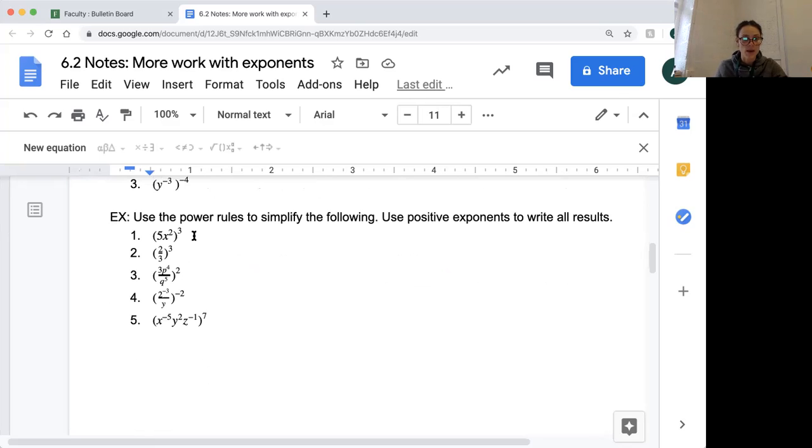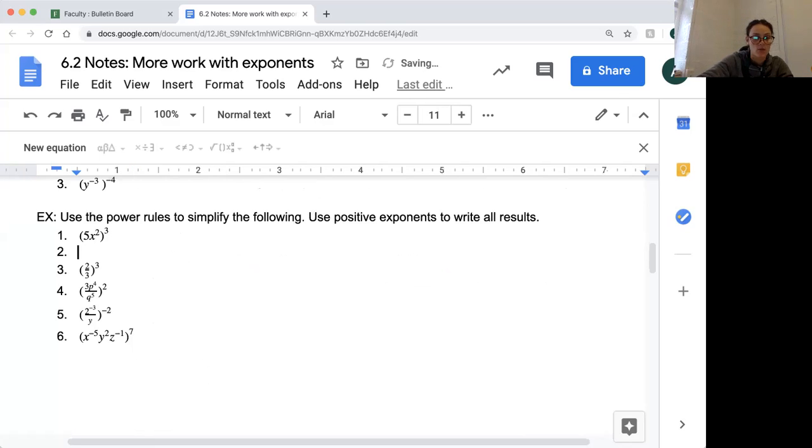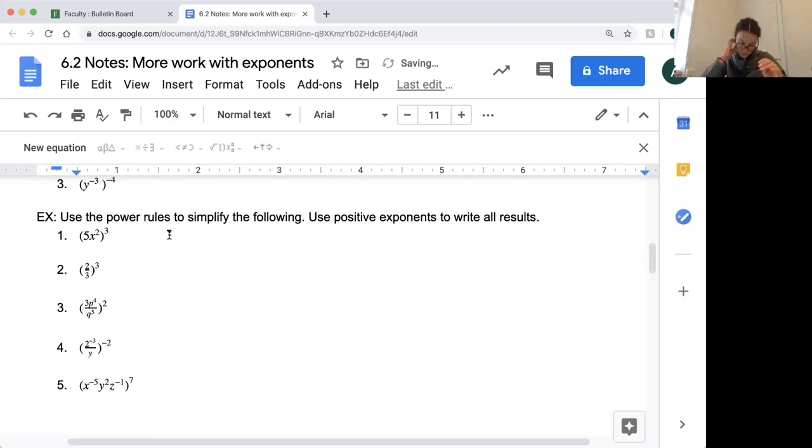Use the power rules to simplify the following. Use positive exponents to write all results. So I'm going to give us a little space to work through these problems. We're going to start right off with number 1. We have (5x squared) cubed. We need to remember that we need to distribute that cubed to each term. So this is going to be 5 cubed times (x squared) cubed,